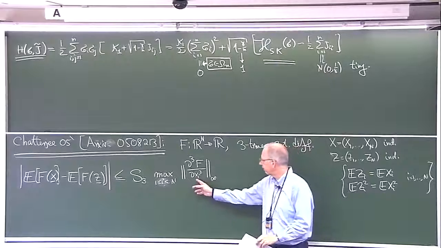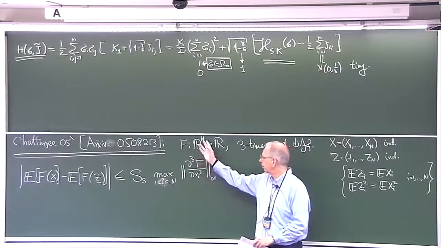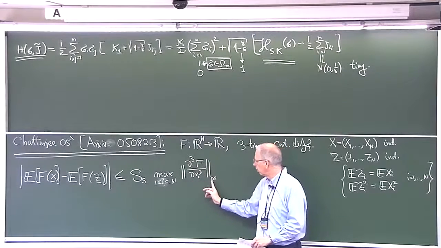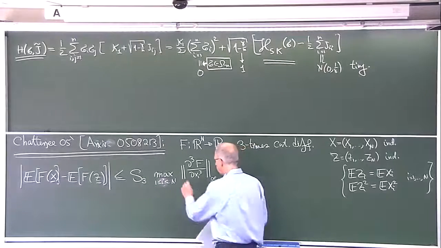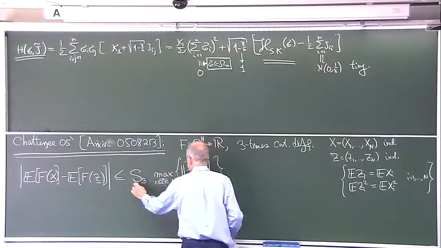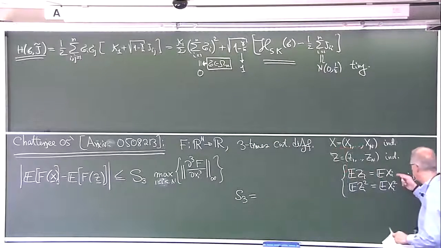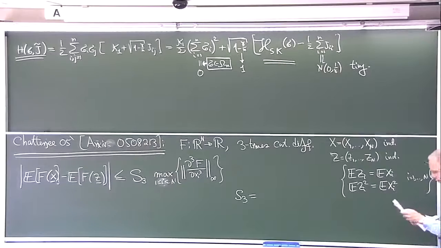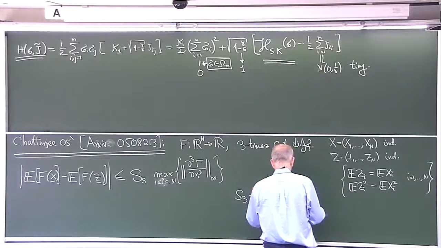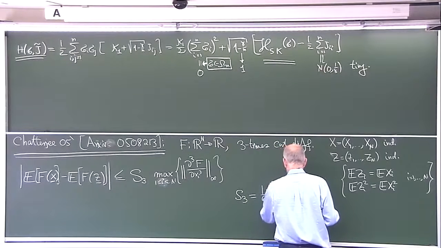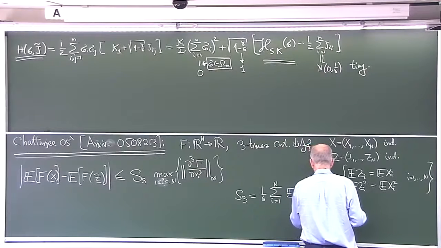This is a partial derivative in xi, in one coordinate, of our function f. It's a big, complicated function of many variables. And then we take the sup over all arguments x and the maximum over all r. This is one contribution. And S3 is a contribution that carries out the effect of the third moment. The third moment is the first place where the z's are not the same as the x's. And S3 has a constant 1/6 that nobody cares about. There's a sum from i equals 1 to n of the expected value of xi cubed plus